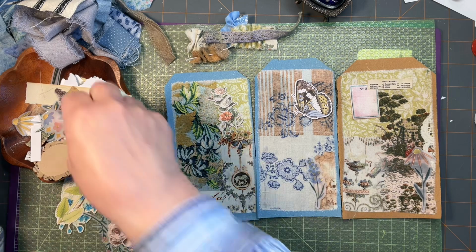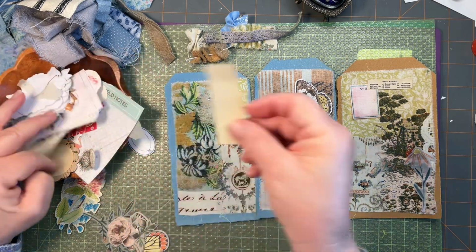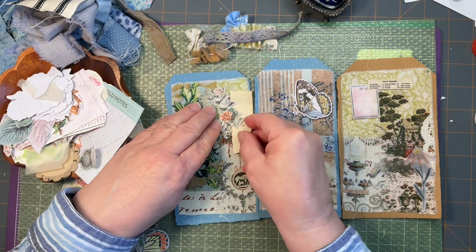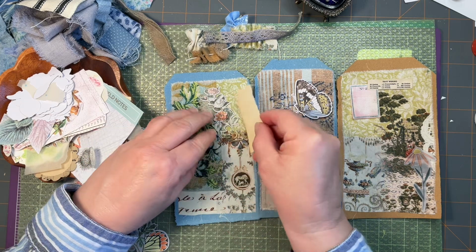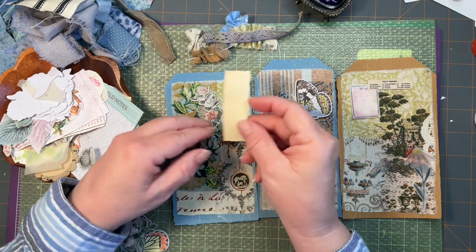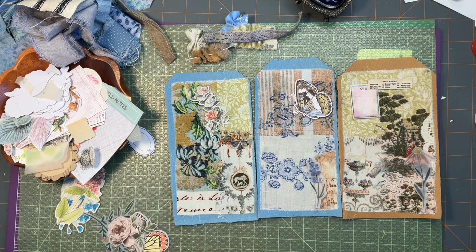I do like that there, but I think it needs something underneath it. A tiny bit of paper. Just a little something. Let's go ahead and glue that one down before I change my mind